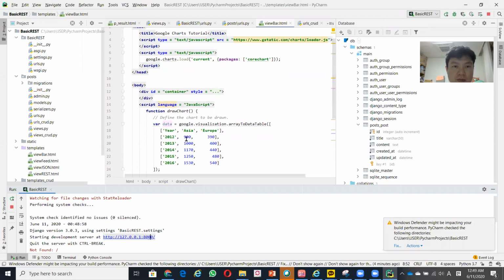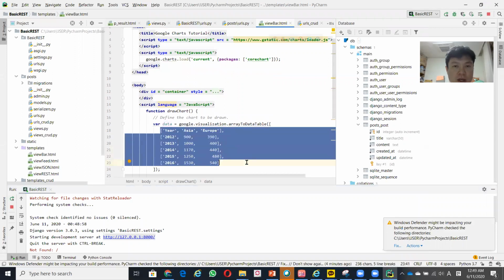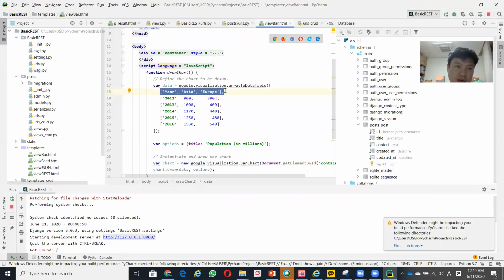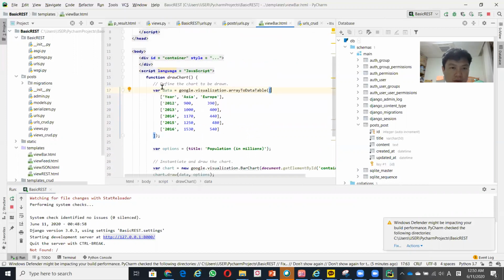The data is from this kind of array. I guess you are familiar with this kind of representation. You know, in the matrix we have the multi-dimensional array. Okay, so this is one of the examples of the multi-dimensional array. We have an array which is here Asia and Europe, and this array is inside another array. So that's why we have an array in the array, or multi-dimensional array. And those data will be